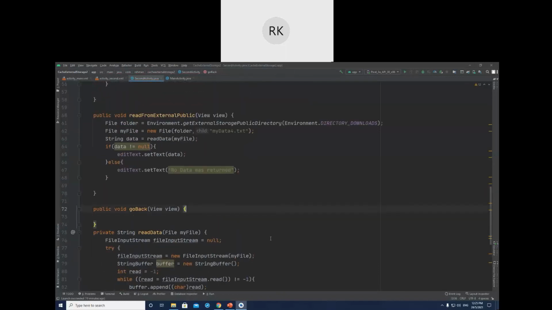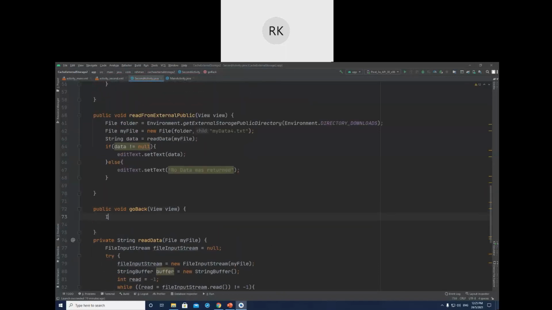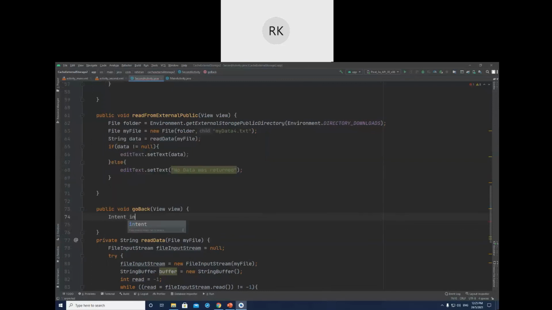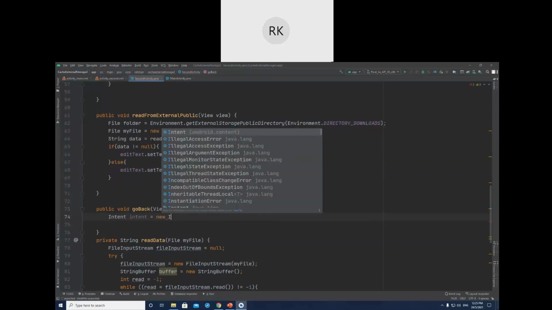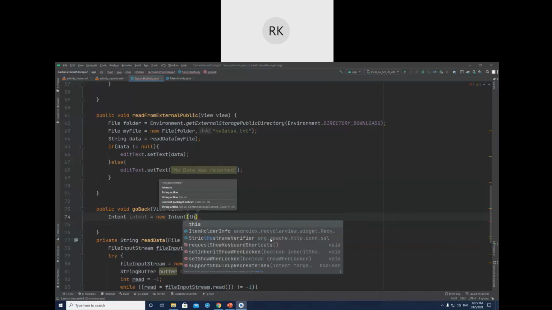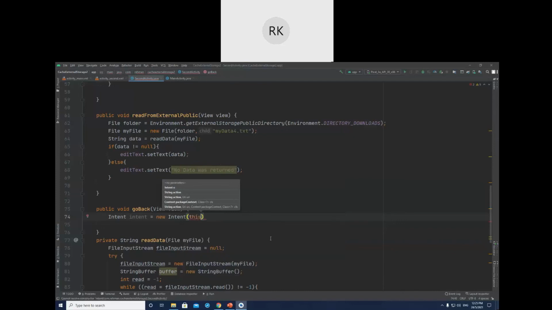This one is the back one. If you want to see, let's quickly do the intent. New intent here, this, and which class do we want to go to?